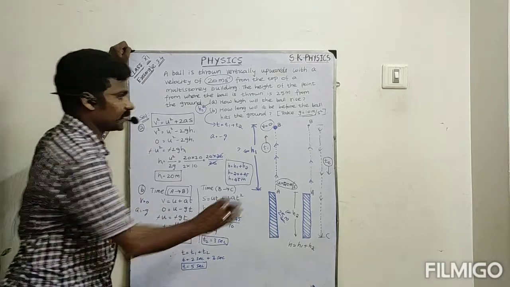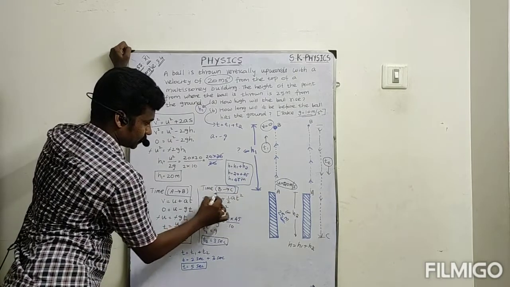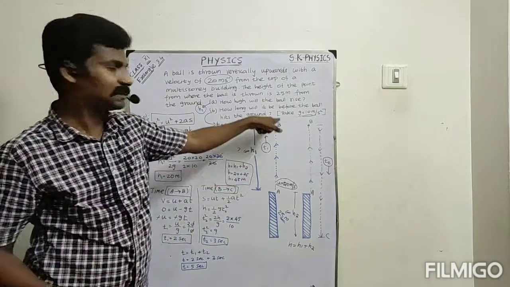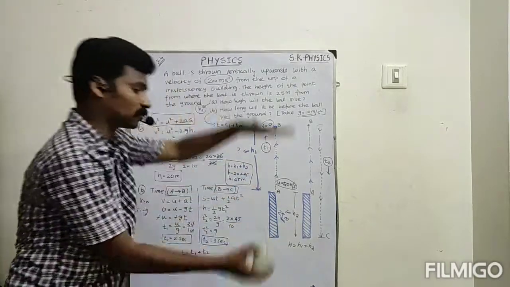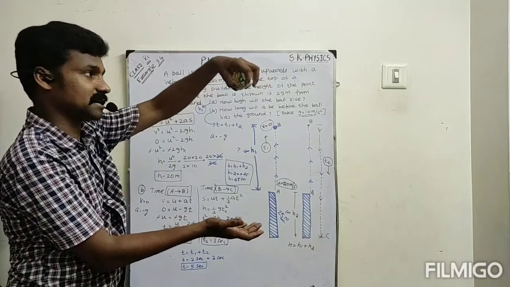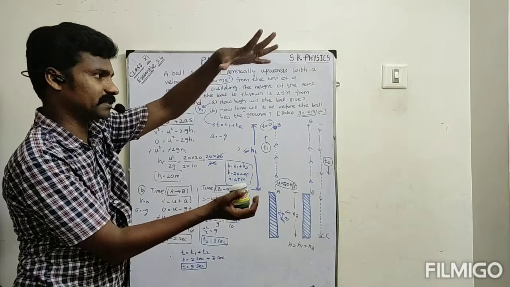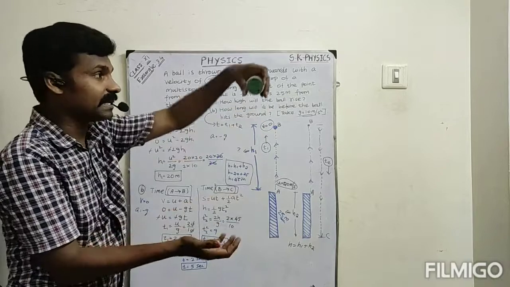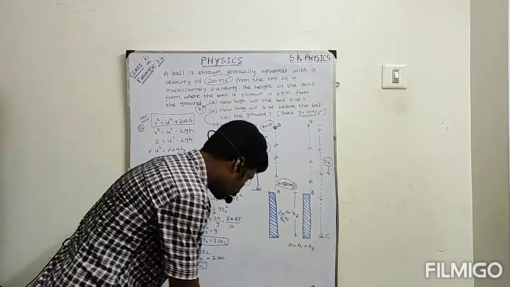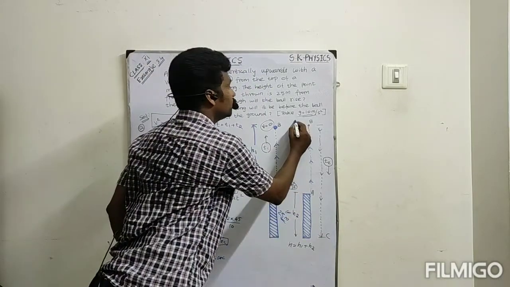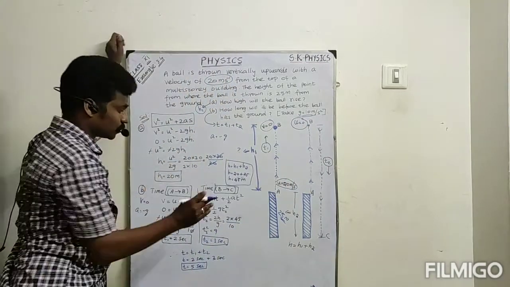And the next one, time 2 from B to C. After reaching the particular height, the final velocity is 0, we know that. But you know one thing, I throw the object, it will reach maximum height. After reaching the maximum height, no need to push the ball. Just we leave it, it is moving down. What is the meaning? In the second case, initial velocity is 0. So initial velocity 0 means here u value is equal to 0. Understand? So now we know that.